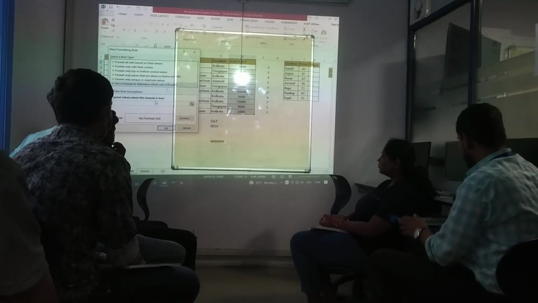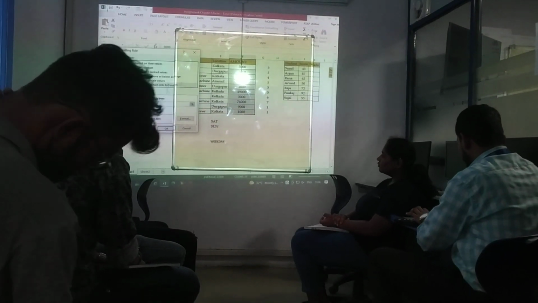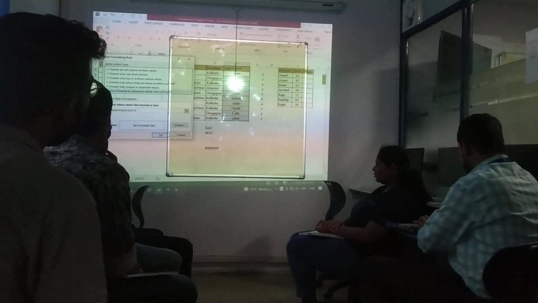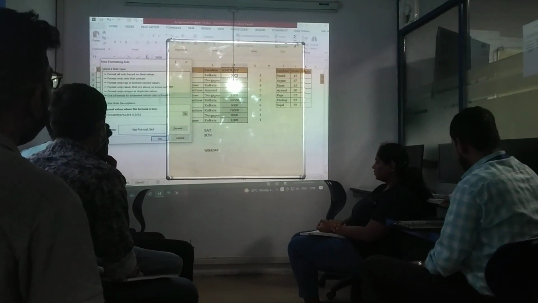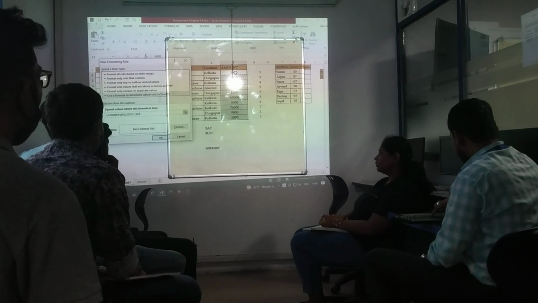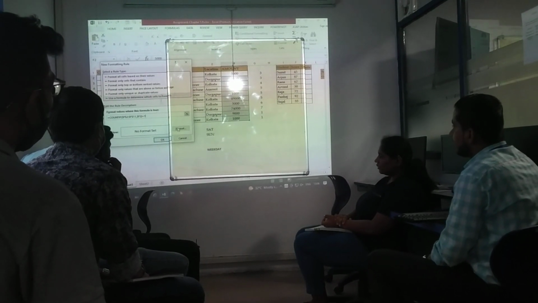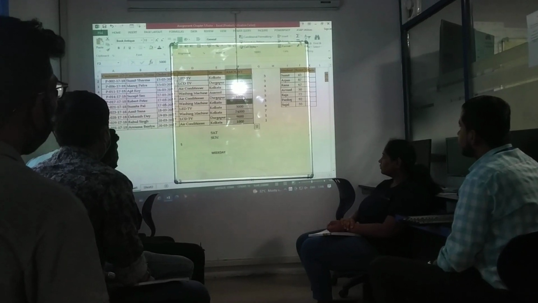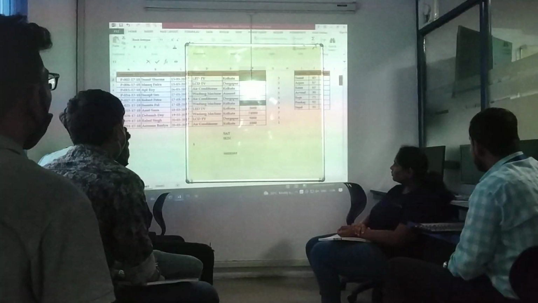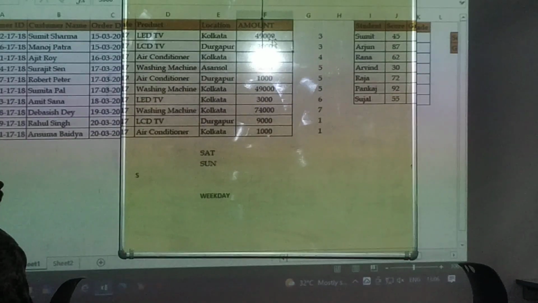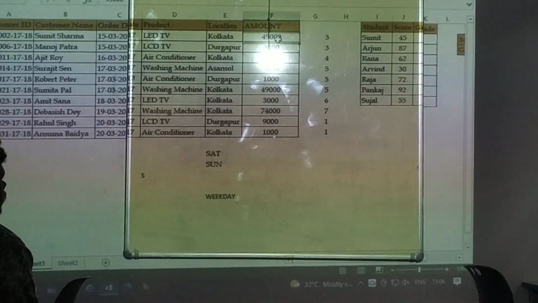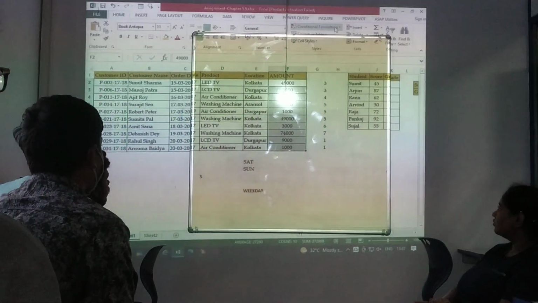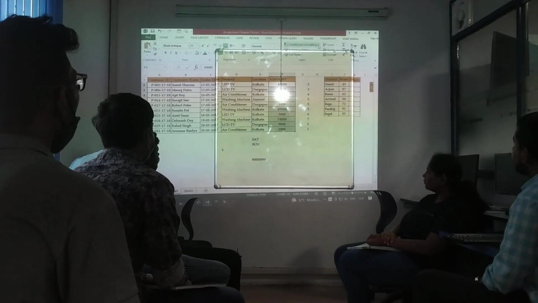If I go for this, is equal to COUNTIF, bracket open, if I select the range, then comma, first cell, bracket close is equal to 1. Now if I give the color, so you can see, if I write here 49,000 rupees, or else we can write here if we want to highlight the duplicate value.